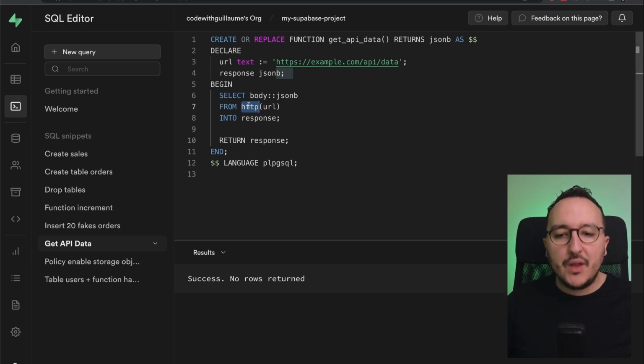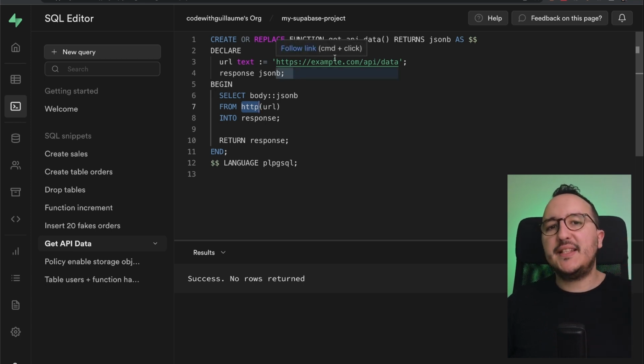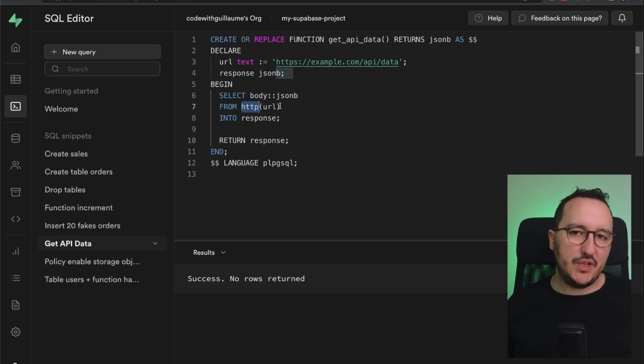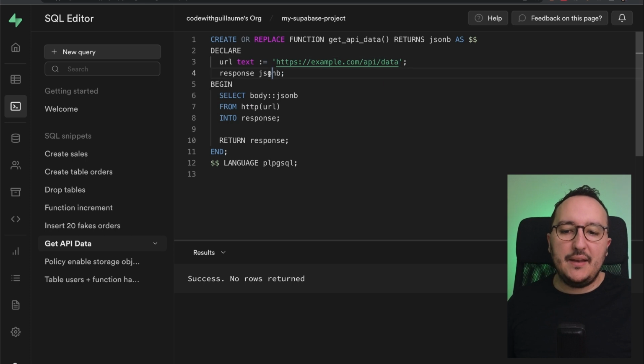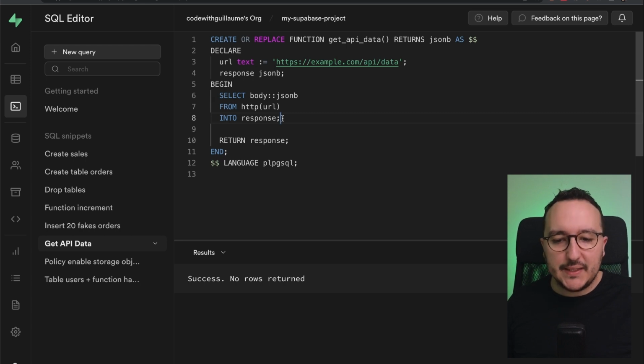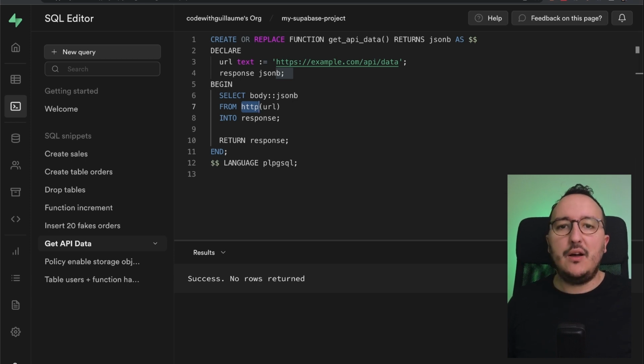So here, the function is going to process the call through the extension HTTP. All right? It is because I have enabled the extension HTTP that I'm able to create this function to make my call to the URL that I declared up there, and this is where I'm going to get the response JSON up here, okay? So the thing is that here I can use my HTTP function because it's already enabled